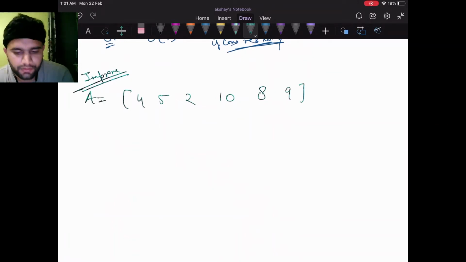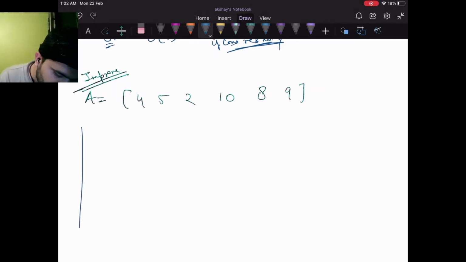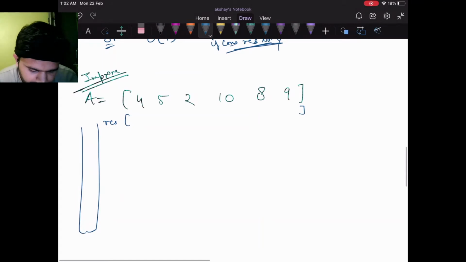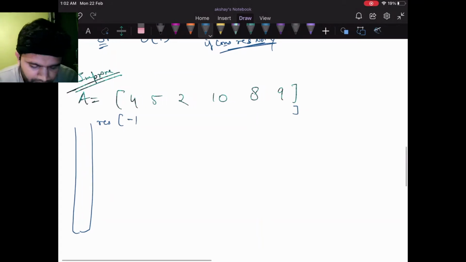Now I want to use a stack here. So initially, suppose this is our result, the stack is empty and we can consider -1 here.